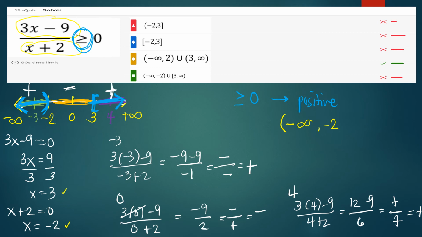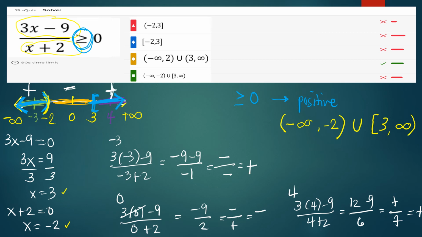And then, since ang ginamit natin dito is, ayan, makikita nyo, it's a parenthesis. So, ang gagamitin din natin dito is parenthesis. And then, for the next positive area, ang ginamit natin, napansin nyo, is a bracket. And then, we have 3, and then going to positive infinity, and then again parenthesis, and that will be the